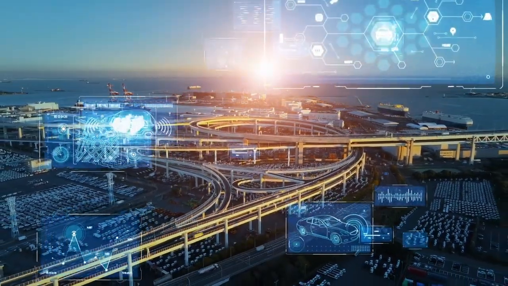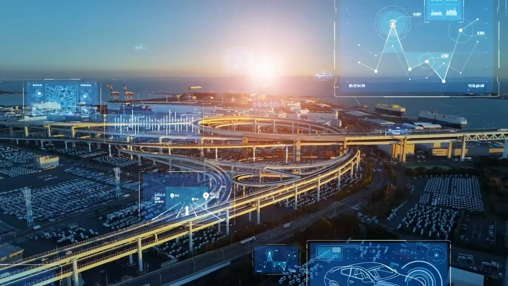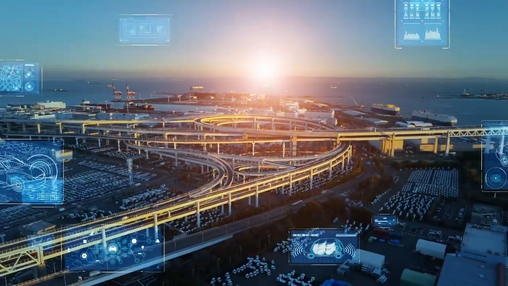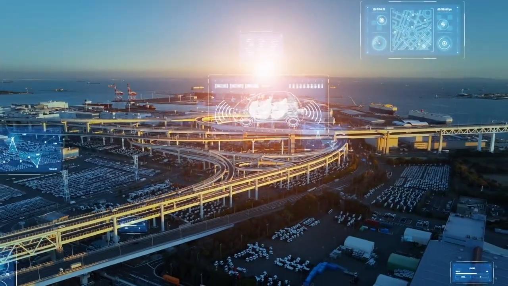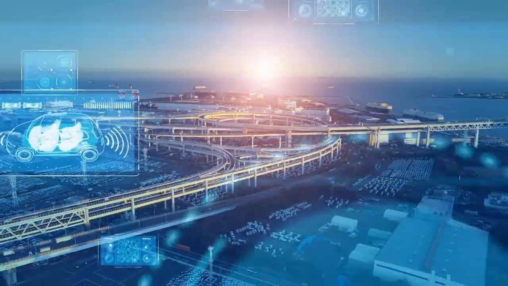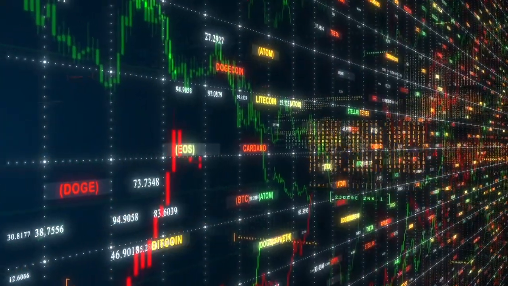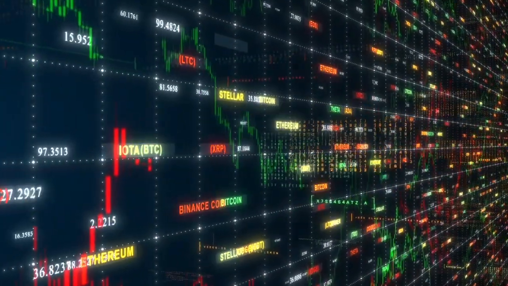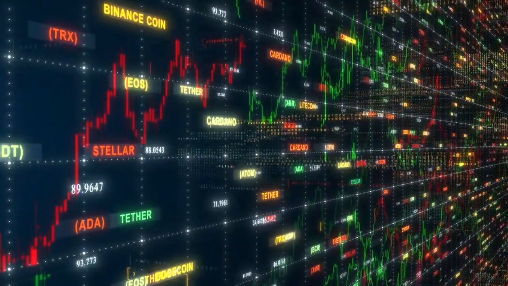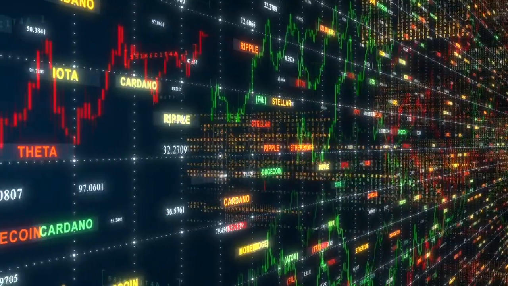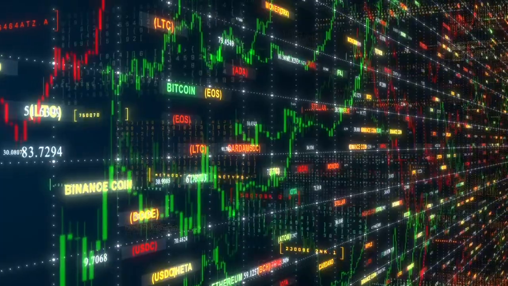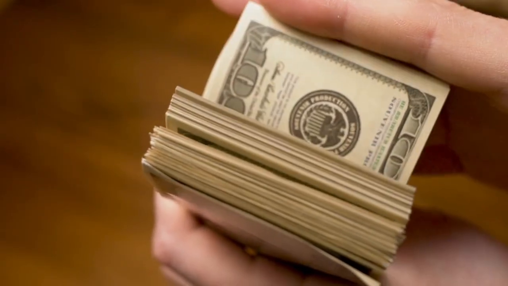Today, the US dollar remains the world's leading reserve currency. Central banks around the world hold dollar-denominated assets as part of their foreign exchange reserves. The dollar is also heavily used in international trade, banking, investment, foreign exchange markets, and global financial transactions. Why? Because the United States has a massive economy, deep financial markets, a highly liquid government bond market, and decades of established global financial infrastructure. In other words, the dollar isn't powerful simply because America says it is. It is powerful because the rest of the world continues to use it.